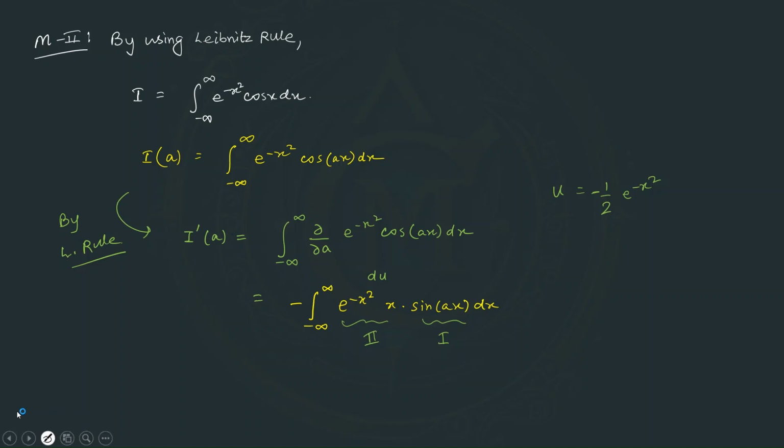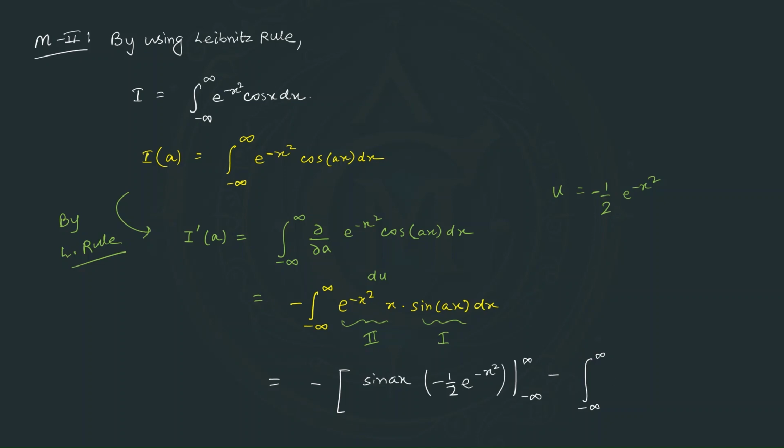So we will get it is equal to minus outside and then first function as it is times integral of this second function. So integral of this second function will be minus half e to the power minus x square with limits minus infinity to infinity, and then minus, then this integral,